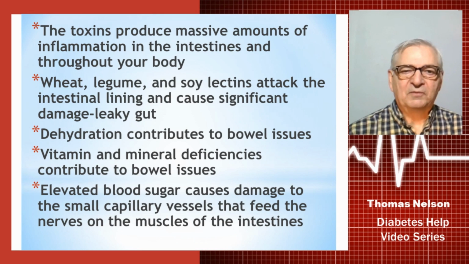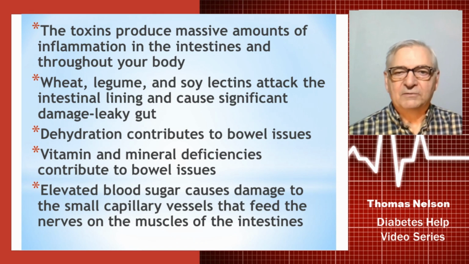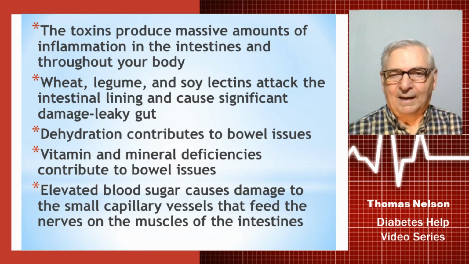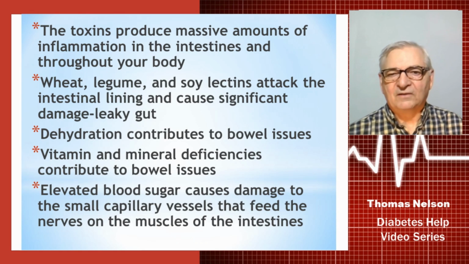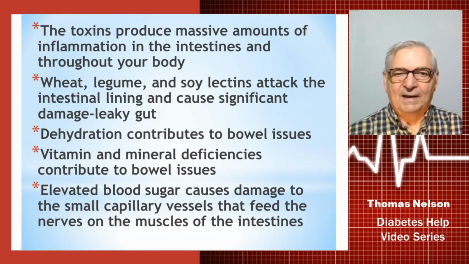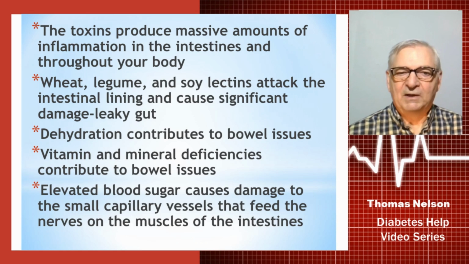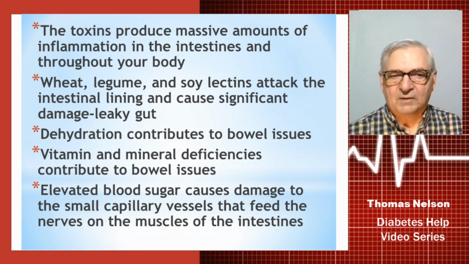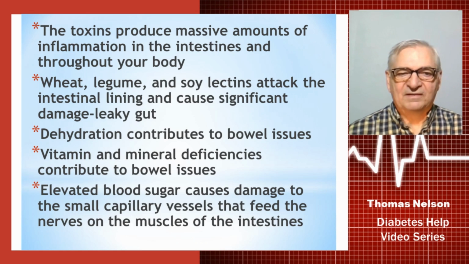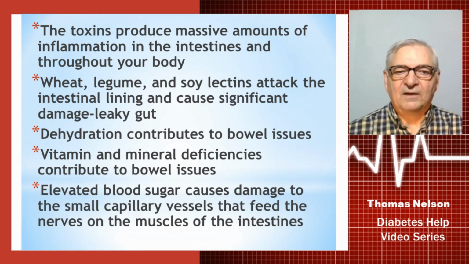The toxins produce massive amounts of inflammation, not just in the intestines, but throughout your entire body. Wheat, legume, and soy lectins attack the intestinal lining and cause significant damage. That means leaky gut, and you already had leaky gut because of your poor diet and dietary habits. Dehydration also contributes to bowel issues. Vitamin and mineral deficiencies also contribute. Elevated blood sugar causes damage to the very small blood vessels, the capillary vessels, that feed the nerves on the